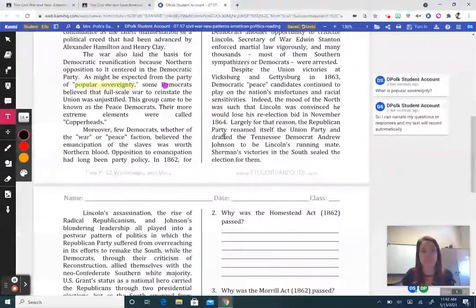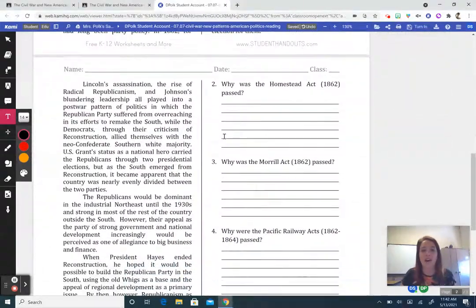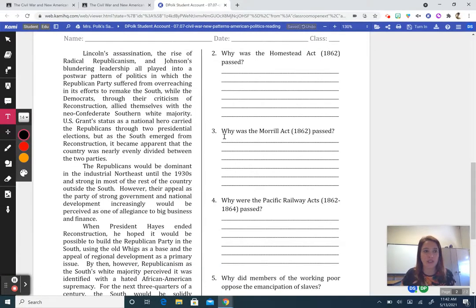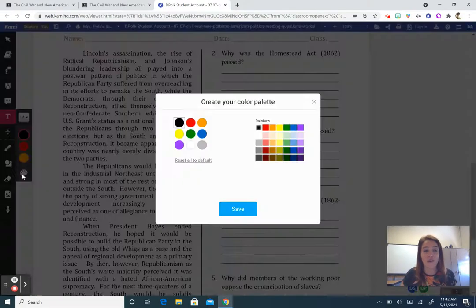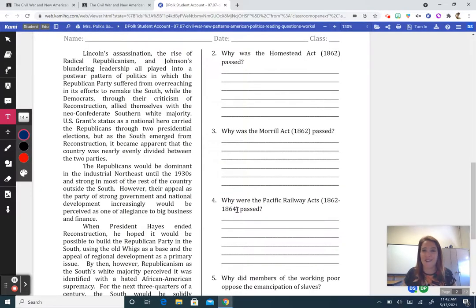Once we've gone through, we'll see at the bottom of our page, we do have a series of open-ended discussion questions. So again, we do have a variety of colors. So you can choose whatever color that interests you. My advice is to pick a color that's dark and bold so that your teacher can read it. Trust me, we've been through a lot this year, and we don't want to go blind trying to read text that might be too light for the page. So once we have our color and our font picked out, we can simply click onto the portion of the text that we want to type. Okay, so I'm going to hit type,